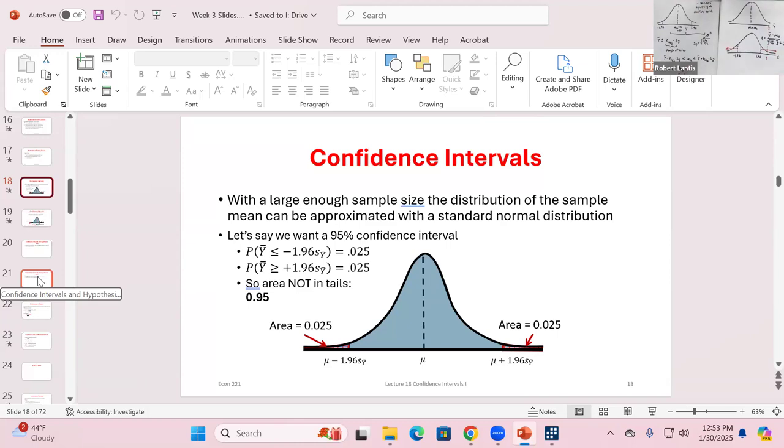So even if I made the correct assumption, what am I going to end up doing sometimes? I'm going to reject even if what I assume to be true is in fact true. We'll call these type 1 errors, right? So there's some slides related to it. I'm not going to go through it. It's got some, I don't know, goofy examples, but I'm not going to quiz you specifically on that term. But even if what we assume to be true is in fact true,